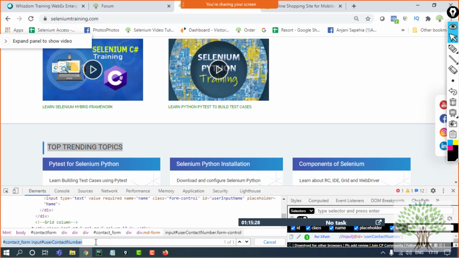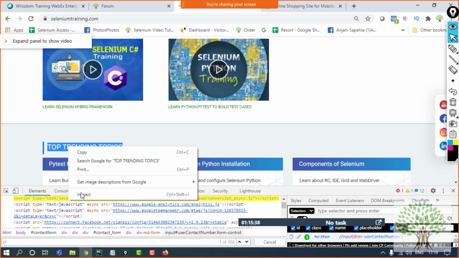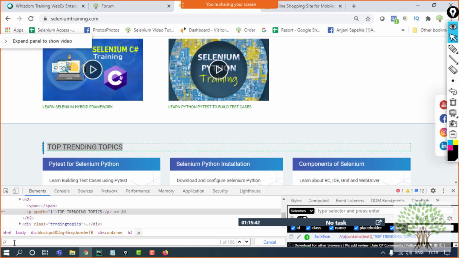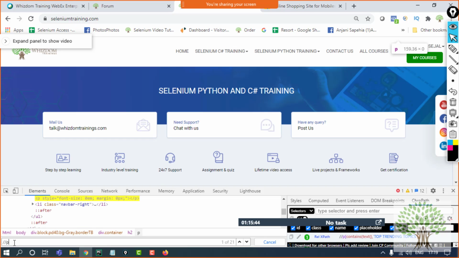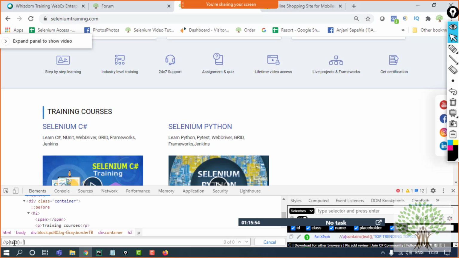Over here I can say the tag name that I'm looking for, like for this top trending one, the tag is P. So I'll say P, you can use star as well. And the JavaScript function is text is equals to, you need to give the text in double quotes which you want to look for.